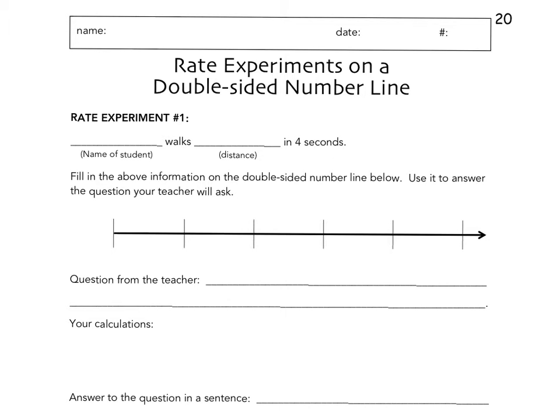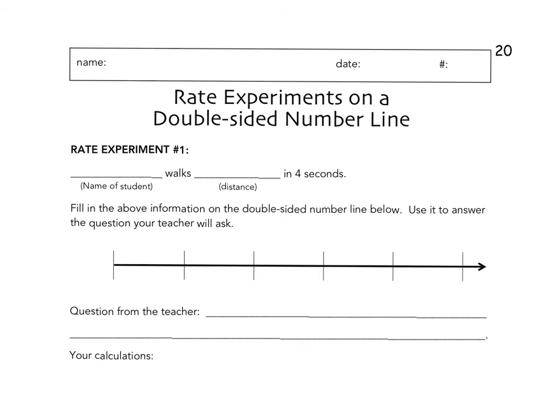Welcome, this is Mrs. Matasovic, and today's lesson is rate experiments on a double-sided number line. Please go to page 20 in your IMP Blue workbook, book 1. Today's objective is that students will use a double-sided number line to generate equivalent ratios and answer questions from rate situations